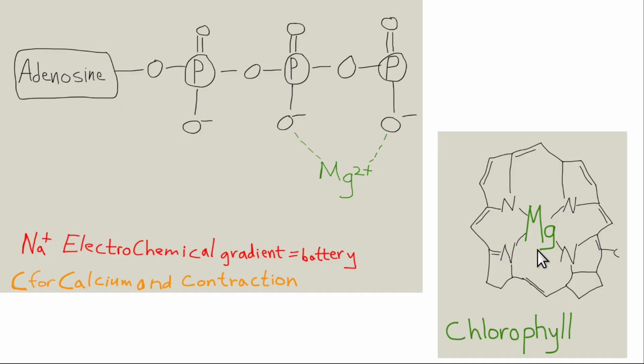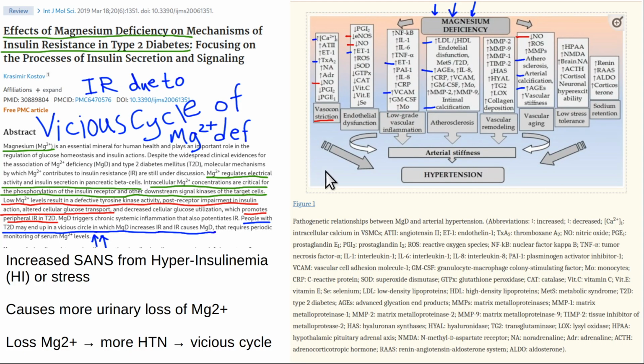Whereas when you eat a processed food, it tends to have lots of sodium, and the meat's often preserved with sodium as well. So all the bad stuff comes from a meat and processed food diet. That's an important point to know. Like we were briefly mentioning earlier, hyperinsulinemia from insulin resistance, so high insulin in the blood, causes increased activation of the sympathetic autonomic nervous system, SANS. SANS elevation causes urinary loss of magnesium, so you lose your vasodilator. And it also causes increased reabsorption of what you don't want, your sodium, the vasoconstrictor. So you get more hypertension, and you're trapped in a vicious cycle that's only going to get worse.